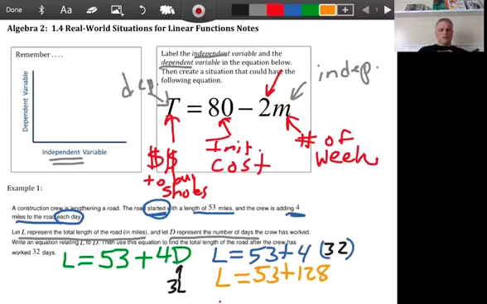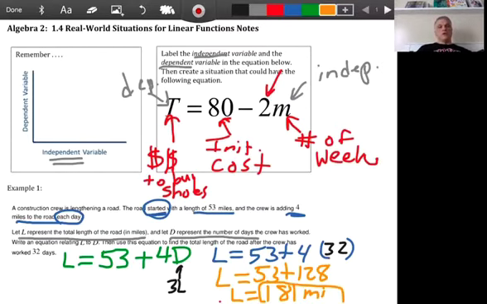So that means that the length of the road in miles after 32 days is going to be 53 plus 128, which is 181. Don't forget your label, okay? Your label for L is in miles. So MI is the abbreviation for miles, or you can write the whole word miles out. But 181 is going to be your answer. Okay, let's go to the next